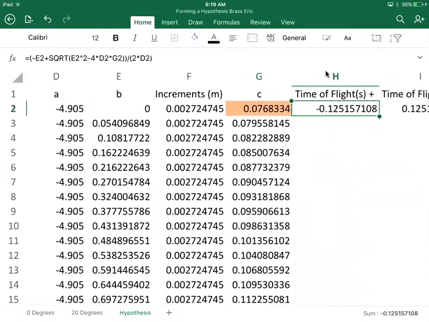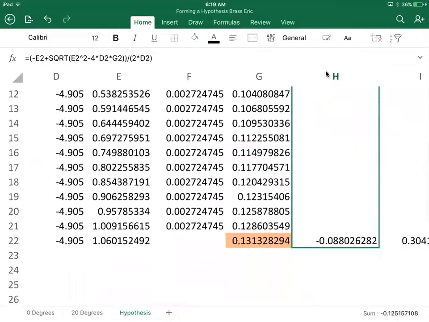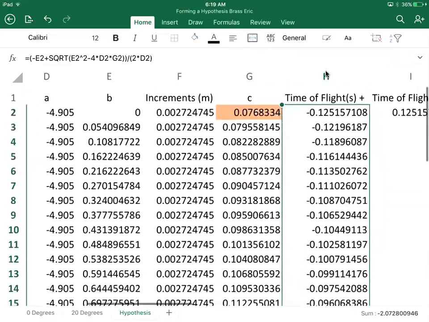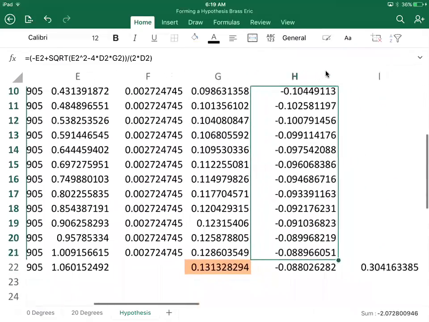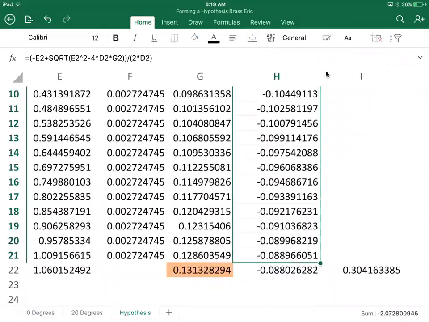If you look at our time of flight, it's this long equation. It just refers back to column E, column D, and column G. So we've augmented column G with our assumption. I'm just going to go ahead and fill and pull this down, okay? And we can see that all of these numbers are negative, and they decrease as the angle decreases, which